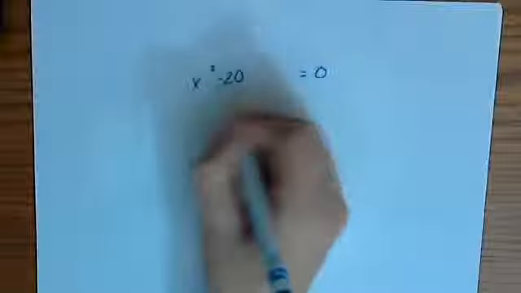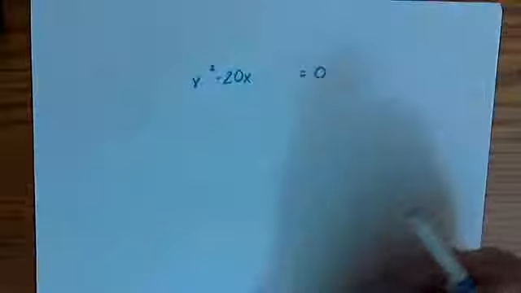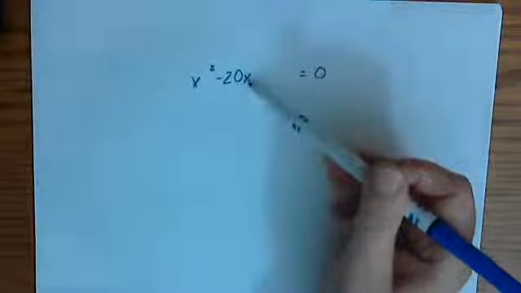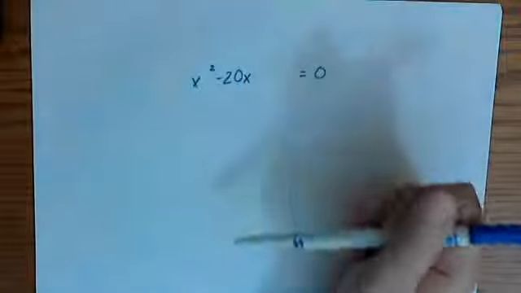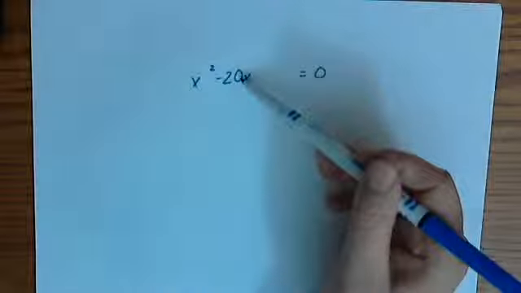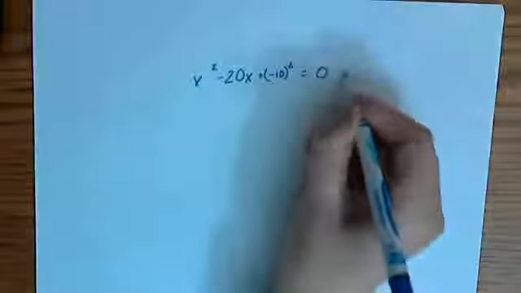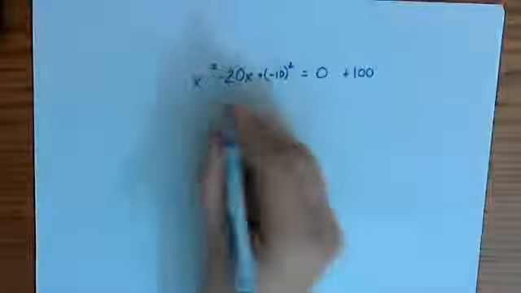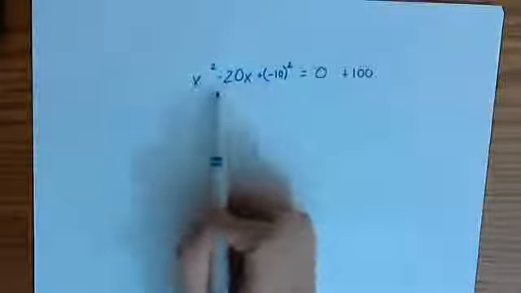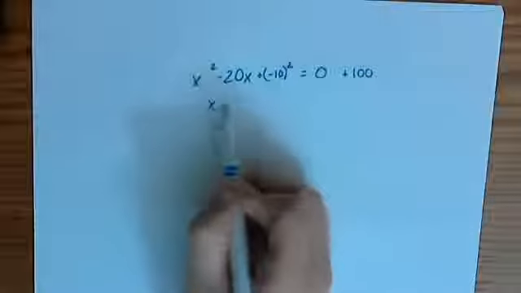Let's actually do something where we complete the square. How about x squared minus 20x, and we're going to set that equal to 0. To figure out what we have to add to this left-hand side so that it becomes a perfect square, we're going to divide this by 2, which is negative 10. So plus negative 10 squared. What is negative 10 squared? 100. So the left-hand side now, we're going to look and see this is x minus